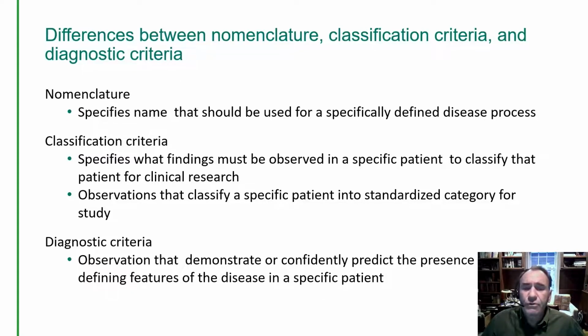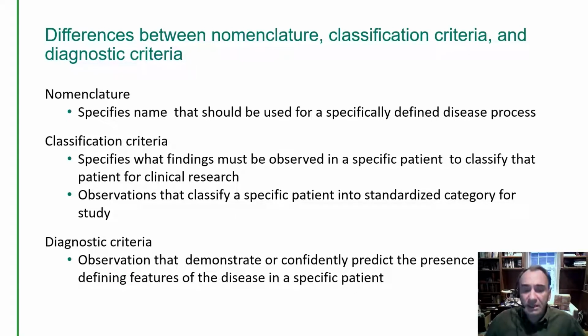So nomenclature referred specifically to names that would be used for specifically defined disease processes. Classification criteria specified what findings must be observed in a specific patient to classify that patient for clinical research. That is the key part here. There were observations that classified a specific patient into a category for study. So as more and more clinical research was trying to be done on patients who had these relatively rare conditions, they all needed to agree that a given patient had a condition, so they had to meet classification criteria to